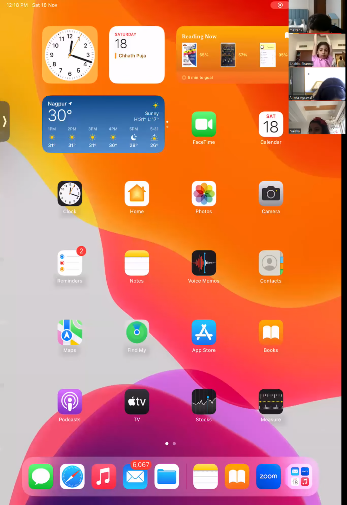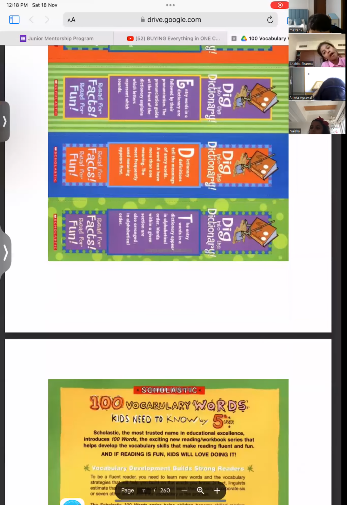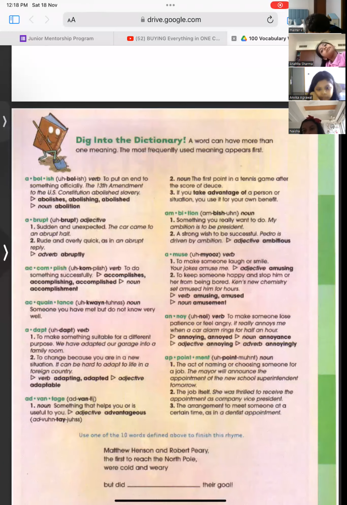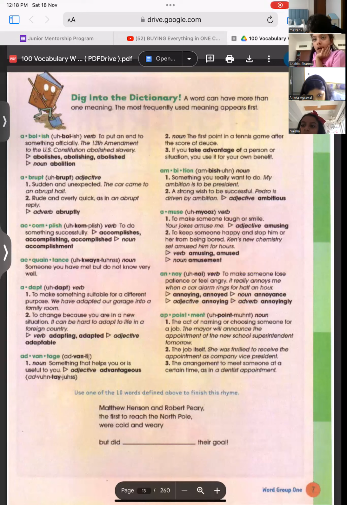The class is almost done. Okay? I'm showing you the content page of this book that we want to read. This is another way of enhancing your vocabulary. Yes, ma'am, I know this book. Ma'am, cynophobia. Write the spelling. Cynophobia. What is this fear about? It is a fear of dogs.